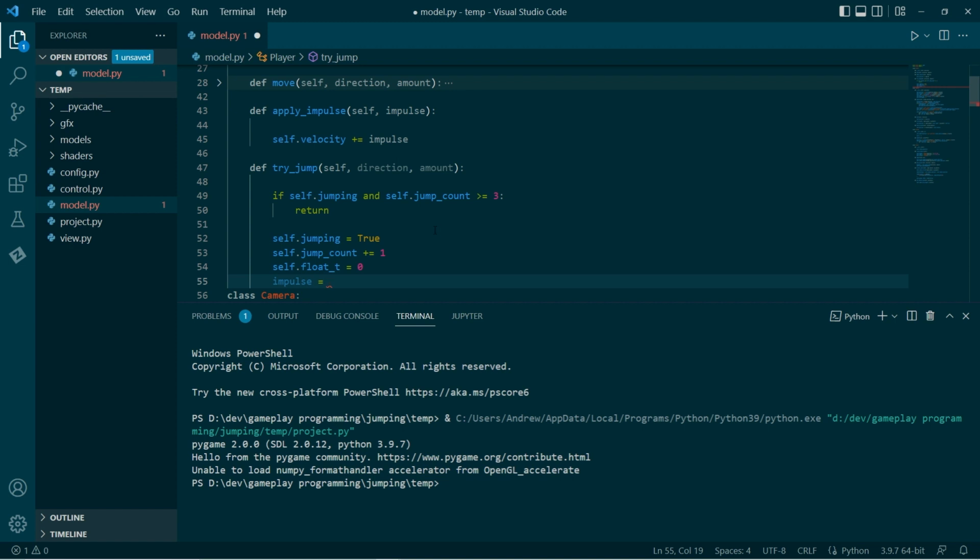Now the impulse, the way I'm setting this up is if we just hit space, it will pretty much just jump directly up. If we hit space and an arrow key, then we'll have a direction and an amount will be passed in. And the amount will make us sort of jump forwards, jump to the side, that sort of stuff.